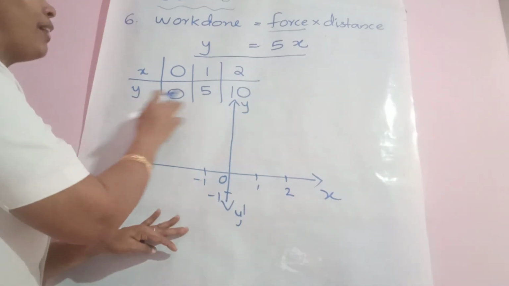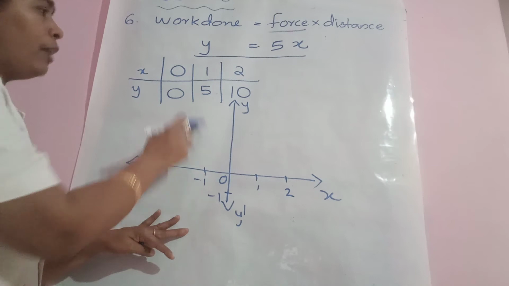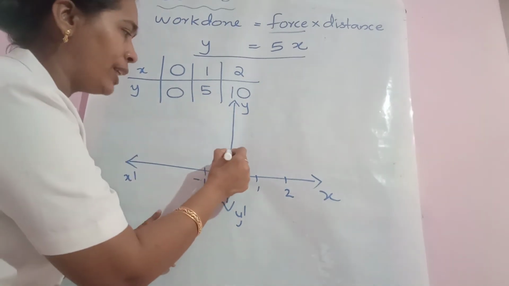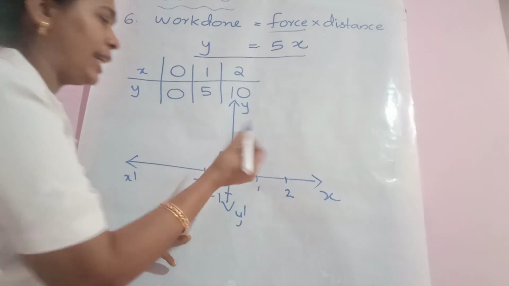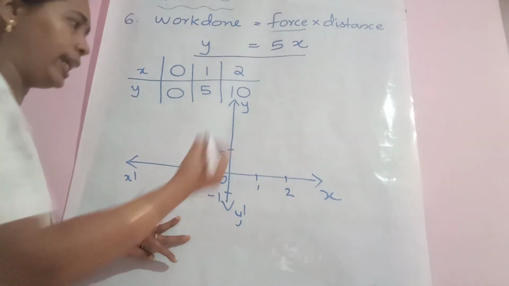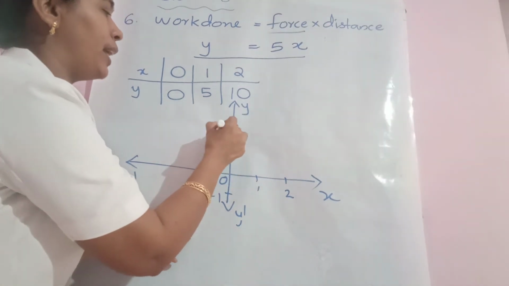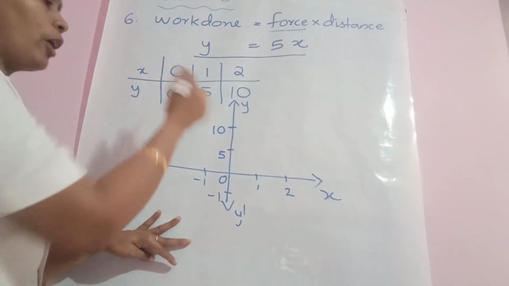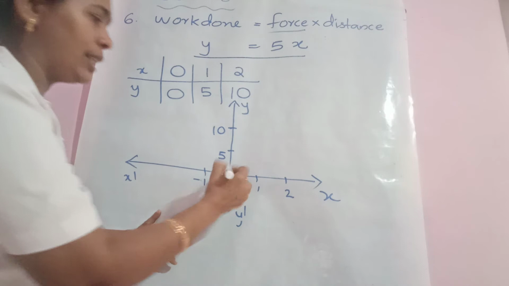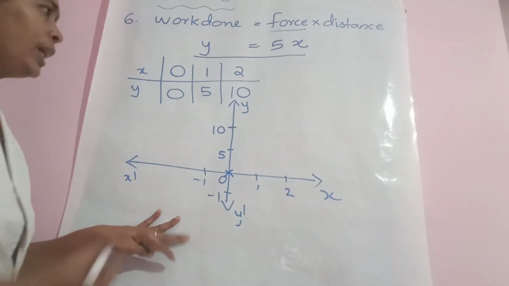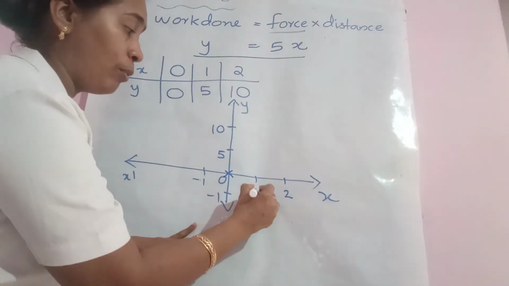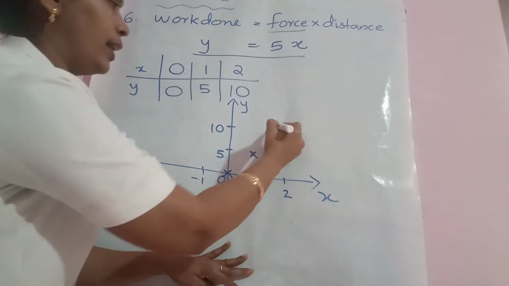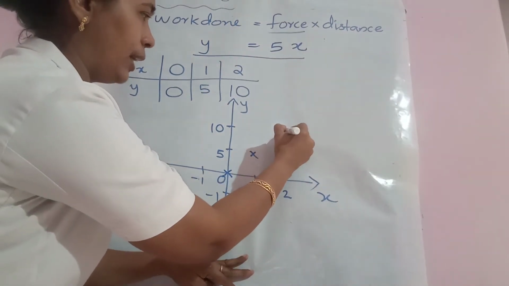But see the y values, 0. 0 is here. 5 and 10 needed. So the teacher is keeping, according to our scale, our first 1 centimeter as 5 units and our second centimeter as 10 units. Now let us mark. First point 0, 0. Let us mark 0, 0 at the origin itself. 1, 5. X is 1. Move up to 5. Then 2, 10. That comes here, a little bit here.